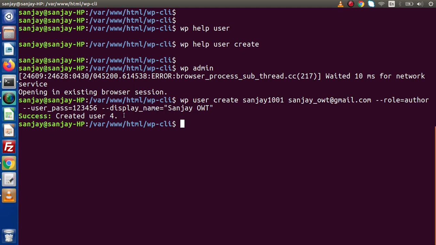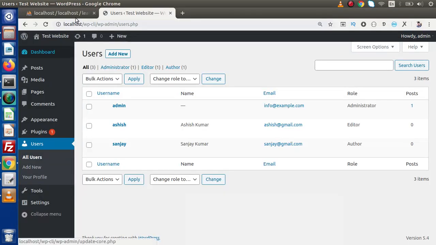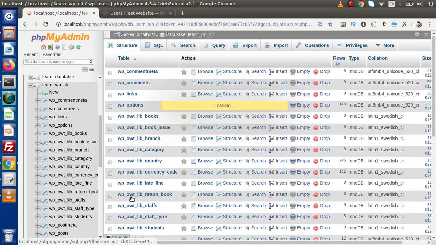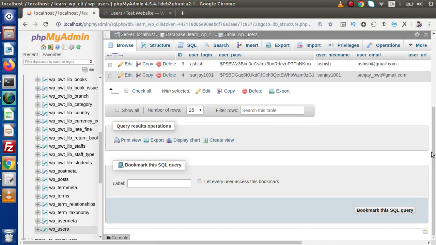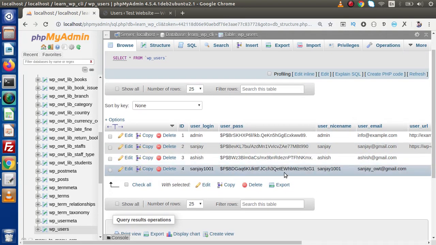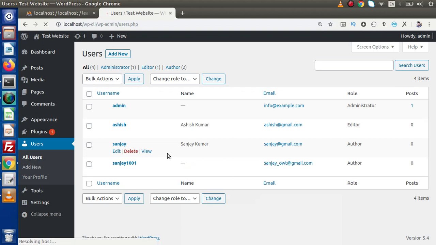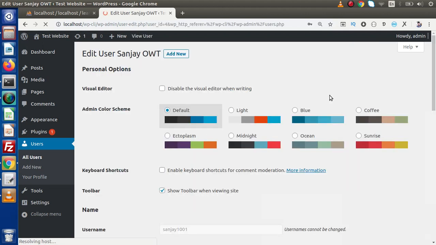Now the user has been created with user id equal to 4. If we go to the database, click on wp users, and inside this users table, this is the entry with the details we passed inside our terminal command. Back to the site, reload this page, and now inside this table these are the details we filled inside our terminal. If I click on the edit button,